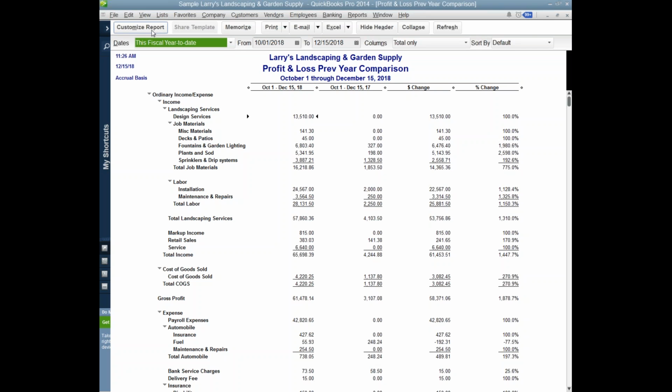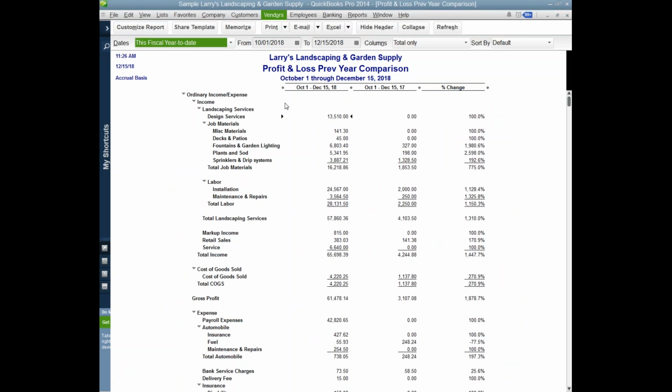If I want to customize this, we can go up here to customize report, and we can really quickly change what we want to look at. I don't really care about the dollar amount. I'm just going to look at the percentage change, and it's going to add that column. It's going to look at the previous year, same time period, and it's going to tell me how I'm doing. This is really important information. So